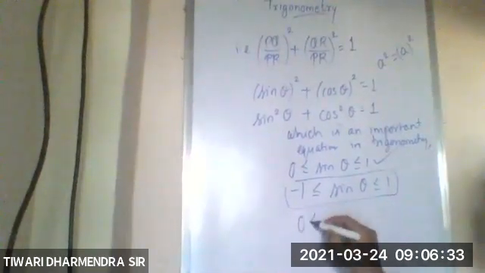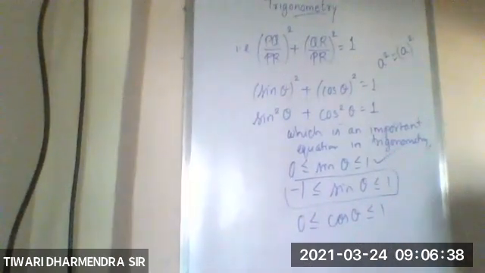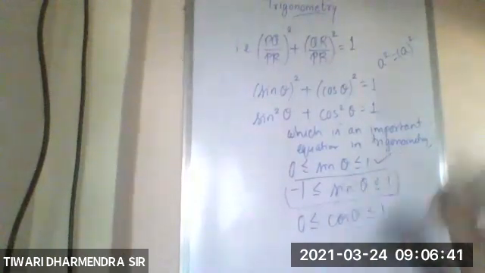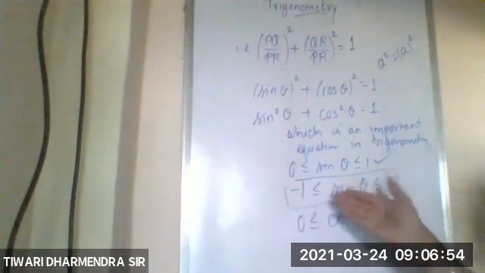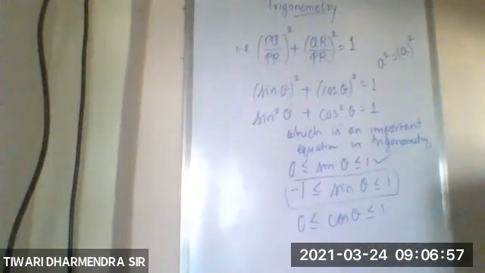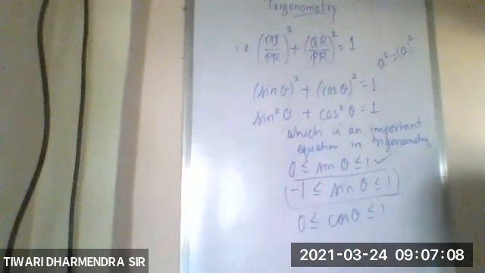Similarly, cos theta lies between 0 and 1. Further, in higher standards, you will learn that cos theta also lies between -1 and 1. Means as your study progresses, you will come across different aspects. These are the basics, that sine theta lies between 0 and 1, because we are here to find the values for positive angles. And further, you will be studying that you can find the functions for negative angles as well. Okay, let's start with practice set 8.2.